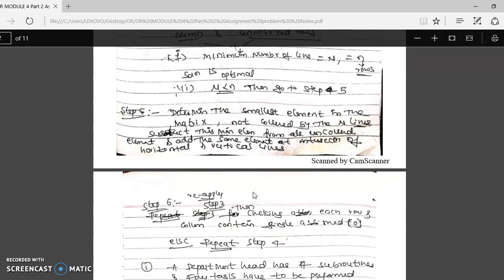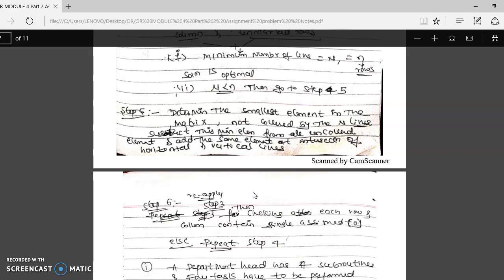Then we already have the marked rows and marked columns, and a few elements are not covered. Among those uncovered elements, find the smallest element. That smallest element is subtracted from all the uncovered elements, and the same element is added at the places where lines intersect. The remaining covered elements are kept as they are.